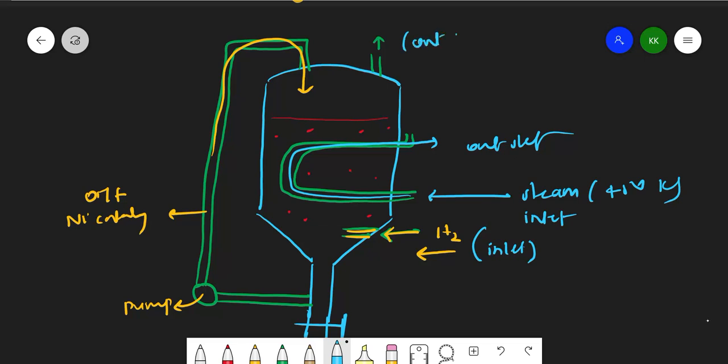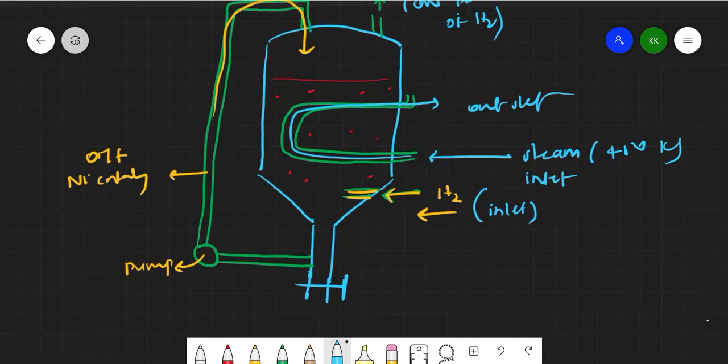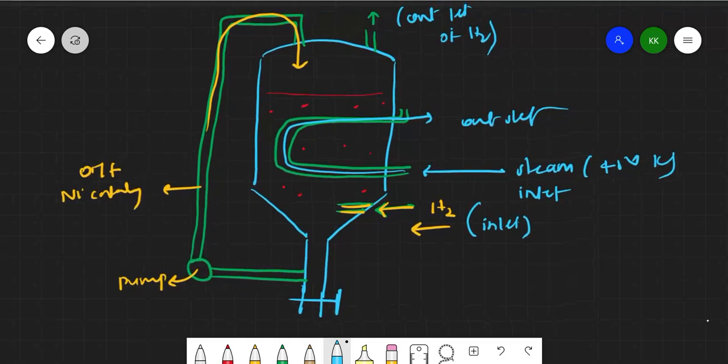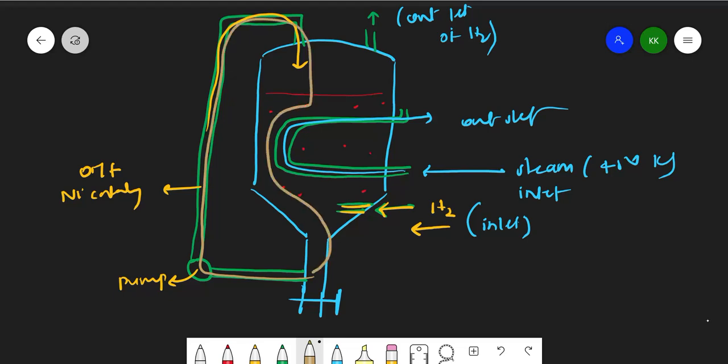So this is the apparatus, and we do this process. Here oil will be there, nickel will be there, and the temperature is maintained. This process repeats, like this it goes inside, and again like this the cycle keeps continuing until all the unsaturated bonds convert to saturated.